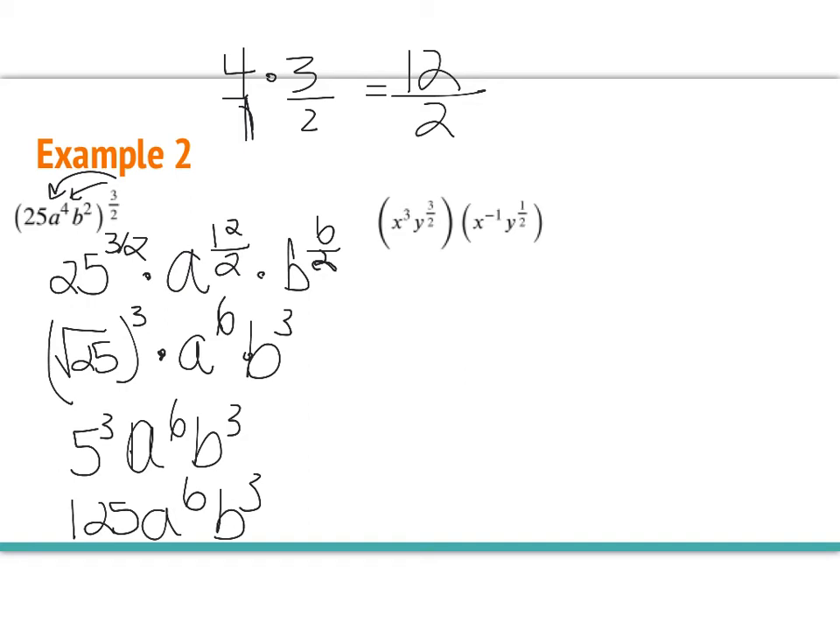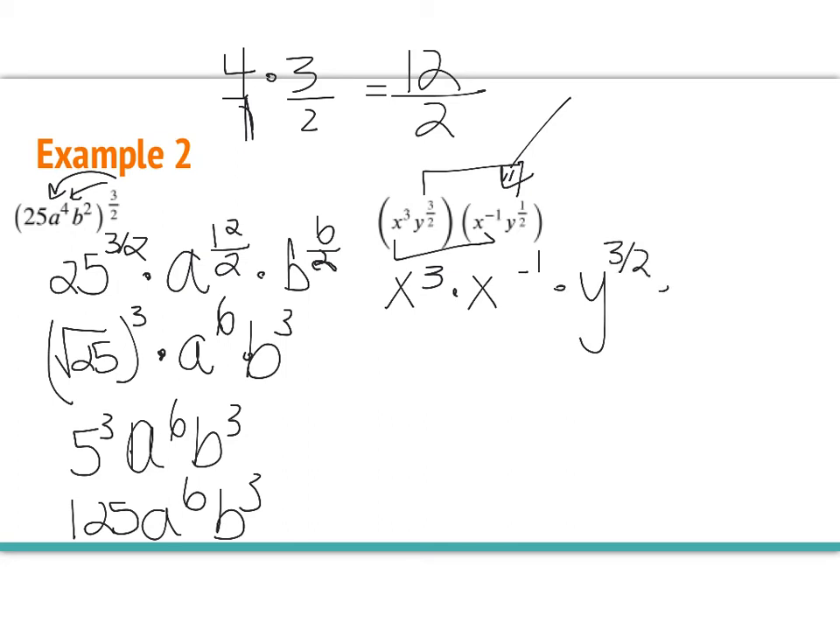All right, x cubed, y to the 3 over 2 times x to the negative 1, y to the 1/2. Again, these are all just multiplied. I can't combine anything or do anything using BEDMAS within our brackets, so we may as well just get rid of our brackets. With doing that, I'm going to regroup so that my x's and y's are next to one another. So x cubed times x to the negative 1 times y to the 3 over 2 times y to